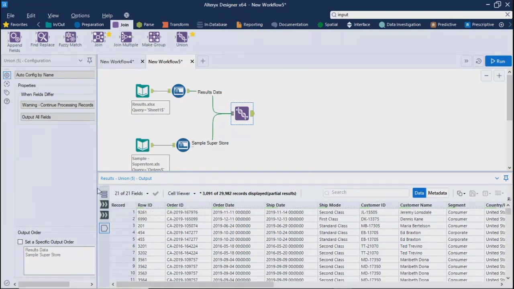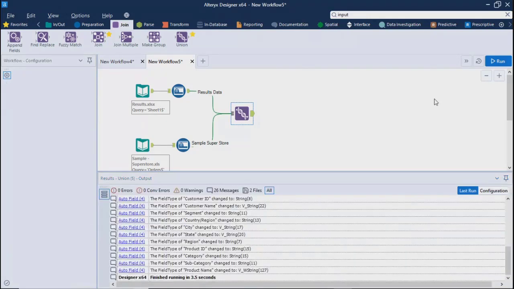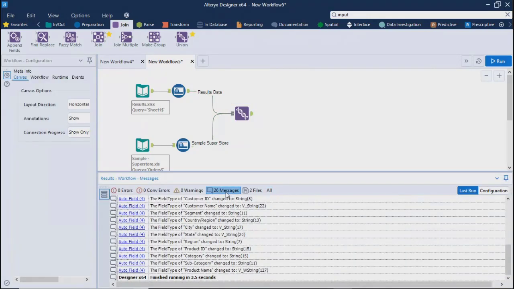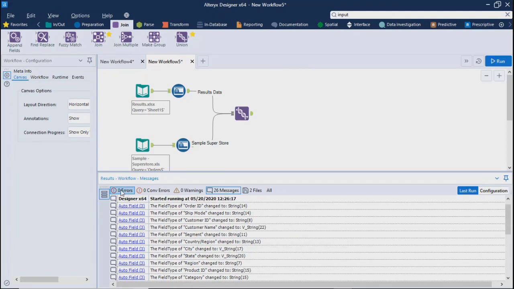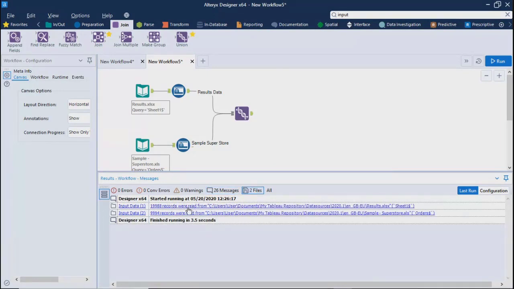I didn't see any errors. Messages are there, of course. It has given messages, but there is no error, no conversion error, and no warning. And it says 2 files were picked up from this location and then combined.